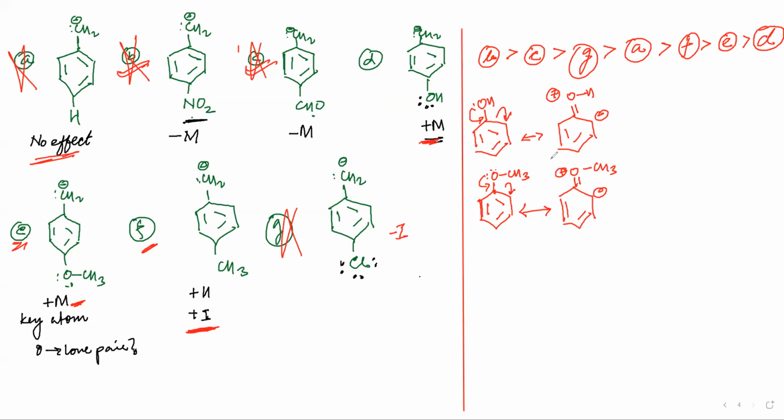Can you see the resonating? Okay, fine. Now, what do you think? Which one is more stable? Is A more stable or B more stable? Between these two, which is more stable? If you want to compare, see the negative charge. Everything is the same in the negative charge. There is nothing different between this negative charge and this negative charge. But if I see the positive charge here, what is happening?